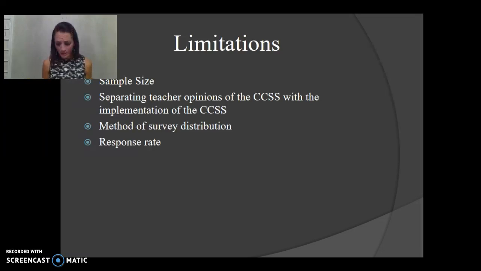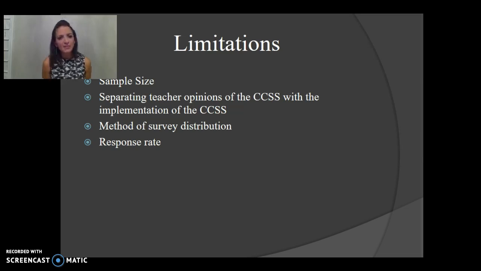Certain limitations restricted this study, and I'd like to go over those now. First, the sample size. We had a total of 397 teacher responses, and this does limit the overall outcome of the study. Also, the teachers were K-1-2 teachers in the state of New York, and all taught at public school districts. So this limited group of participants does limit the study a bit, and further research could be done by offering a more broad sample size.